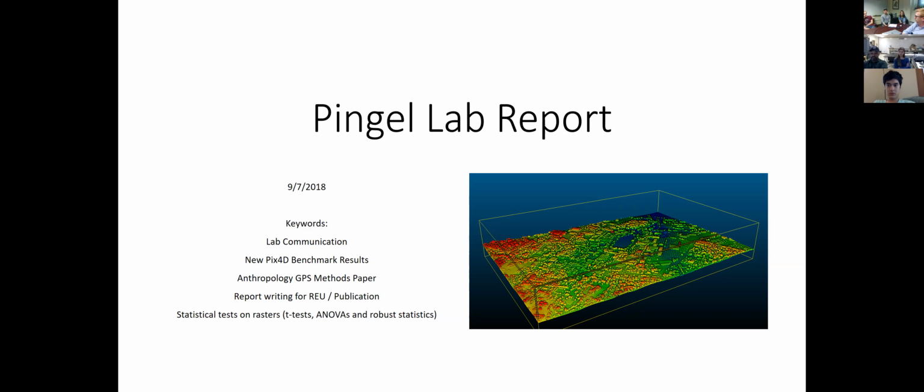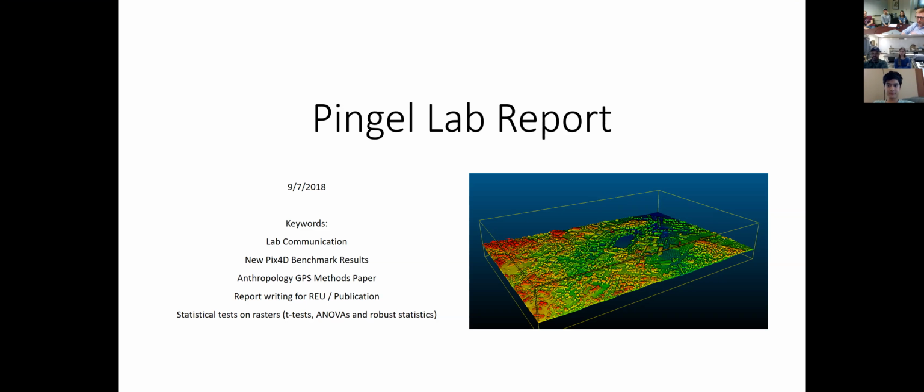She found that to be pretty useful and thought it might be worth sharing with the anthropology community more broadly, so we might be putting a paper together on that. That was kind of exciting. No details on that, but it was nice to hear from her again the other day that she's still interested in doing that.